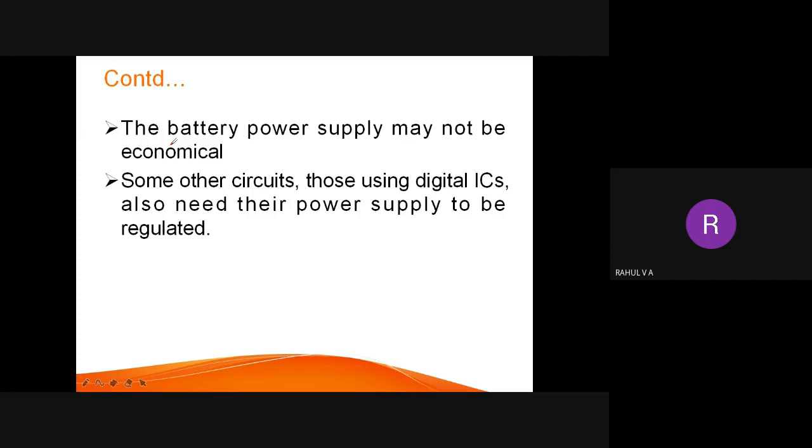That means the battery is draining. So again, you have to pay some 10 to 15 rupees and buy the battery. So it is not economical. But if you have a charger or some other unit like that, you can charge it and use it. It will be somewhat economical.